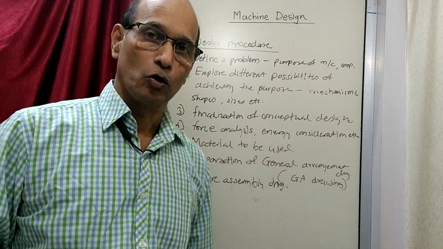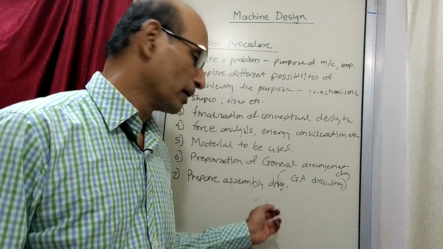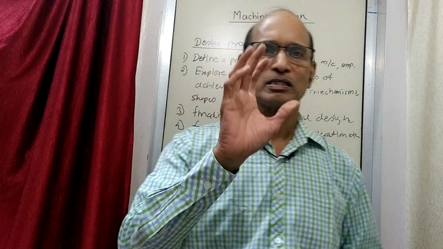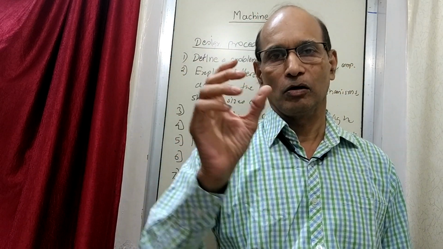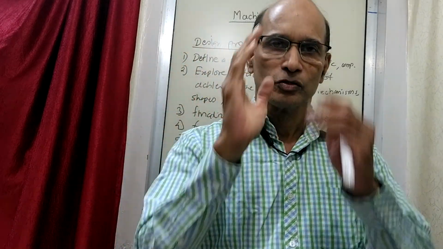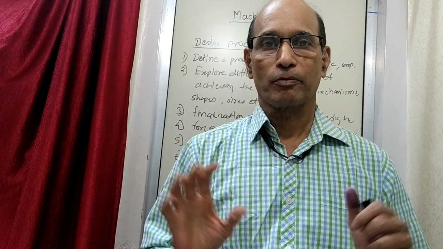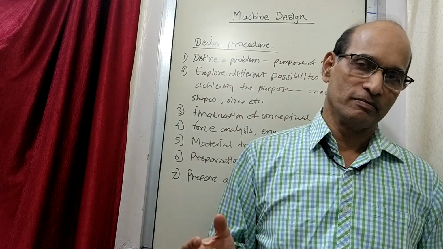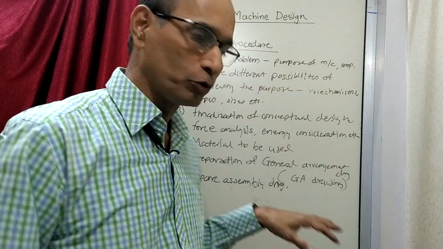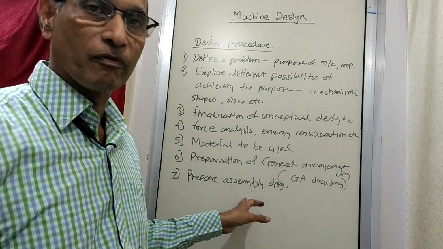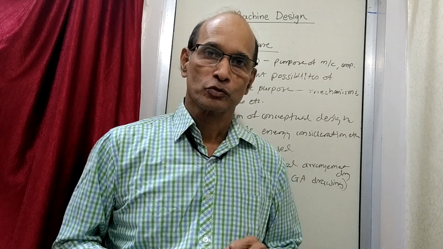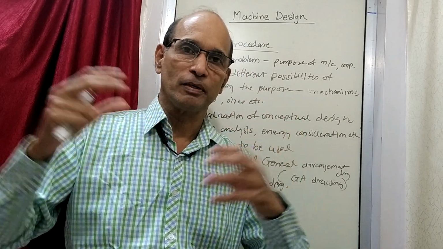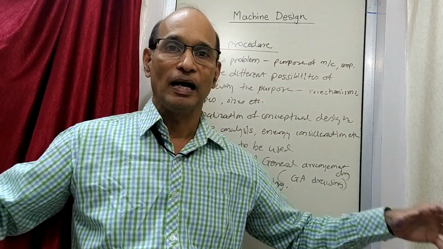Prepare assembly drawing. Now when you prepare the assembly drawing, as such you don't have exact sizes with you at this stage, but you have some idea. The actual size might come to 20 or 25, but some such size will come. So you draw some figure based on this approximate size and the relative position of the components you have decided. And as per that position, you prepare some kind of a rough assembly drawing. So once you do this rough assembly drawing, you will come to know which part is going to fit where with respect to each other, what parts are going to fit at what place.